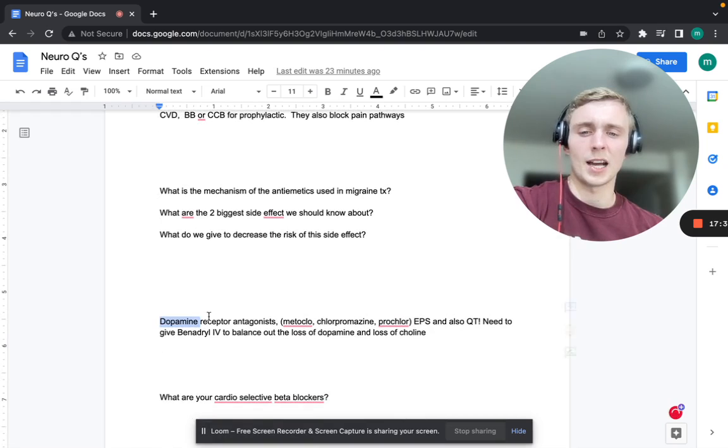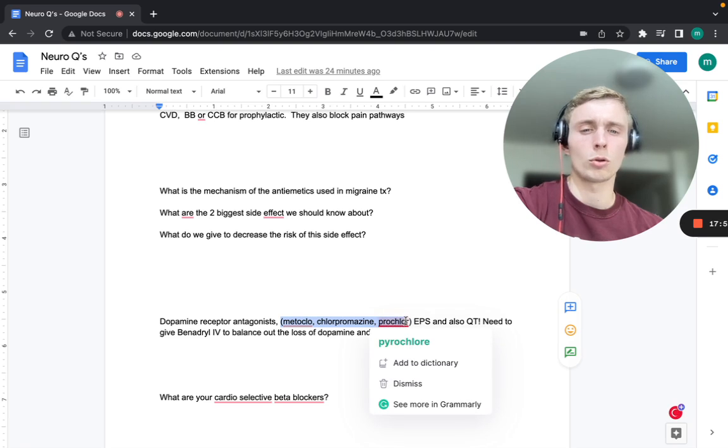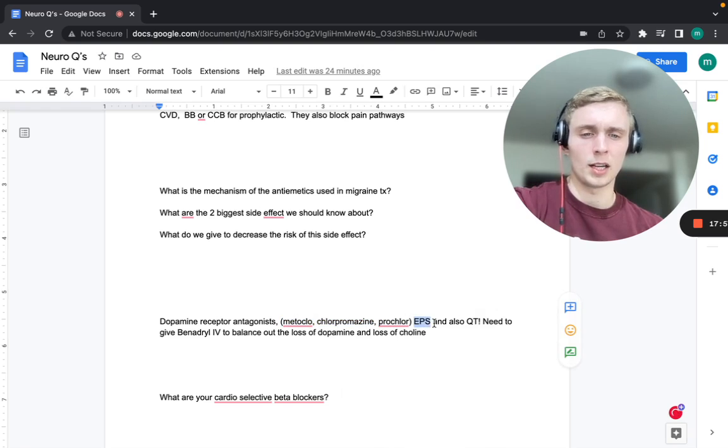So dopamine receptor antagonists. So we're blocking dopamine. And remember, antiemetics work by inhibiting neurotransmitters, like antihistamines, anti-dopaminergic, and anti-serotonin agents. These are dopamine receptor antagonists that we give as antiemetics in migraine treatment, such as metoclopramide, chlorpromazine, and prochlorperazine as well. The biggest side effects are extrapyramidal symptoms and also QT prolongation. So we have to know that all these antiemetics cause QT prolongation, so we should check their QT beforehand, and